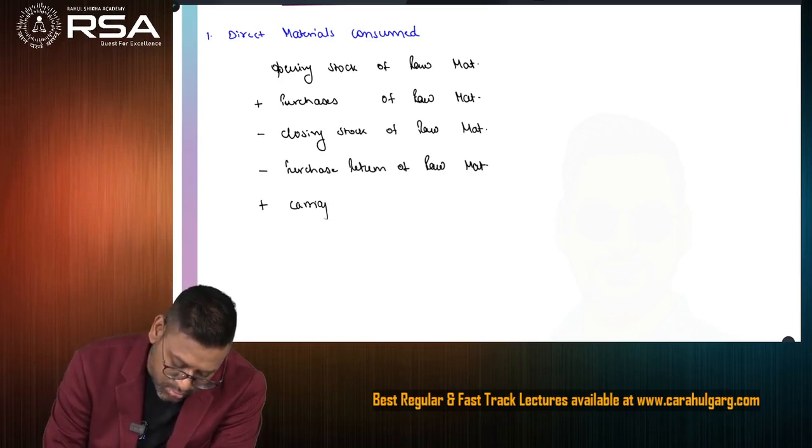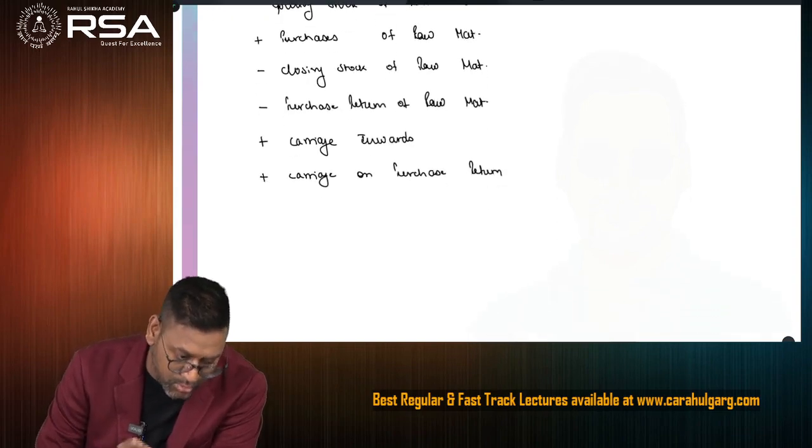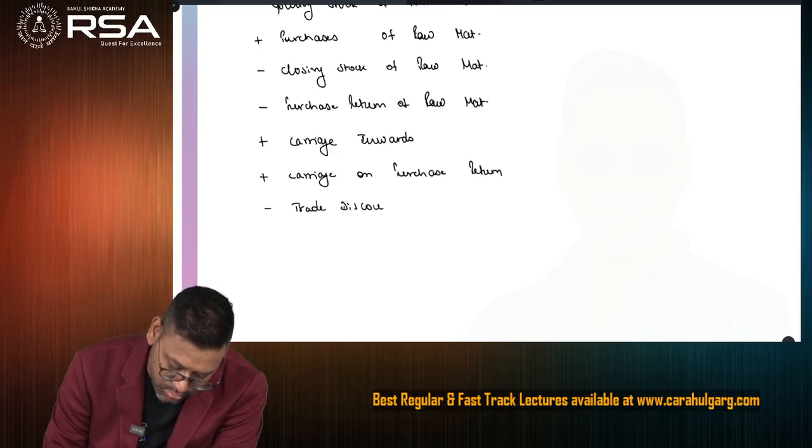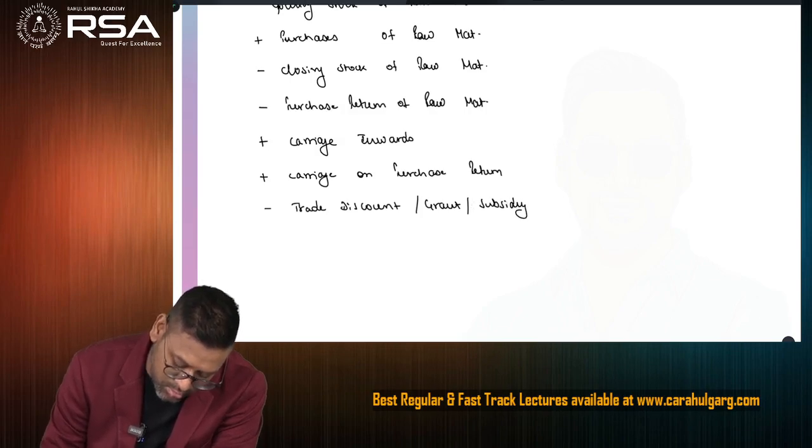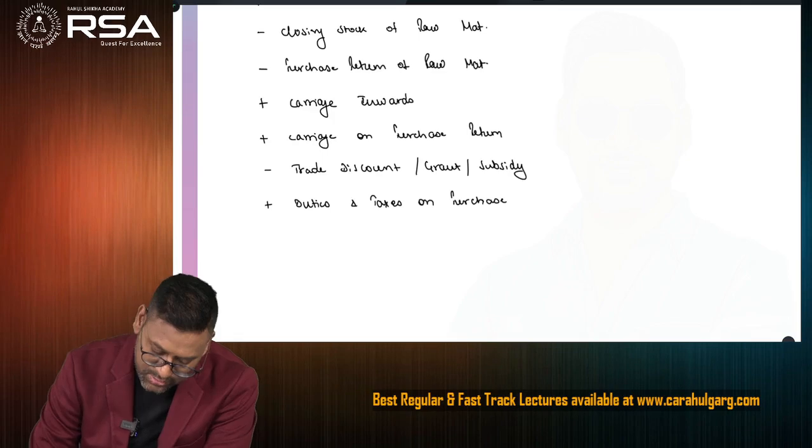plus carriage inwards minus carriage on purchase return plus carriage on purchase return minus trade discount or grant or subsidy plus duties and taxes on purchase